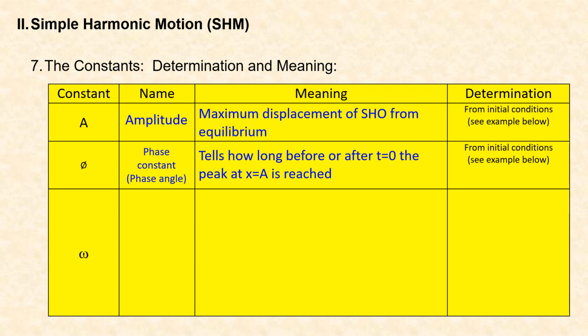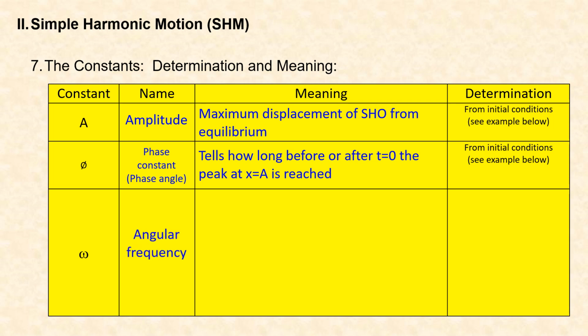But if you have a phase constant other than 0, it tells you that sometime later the oscillator will be at its extreme point, at a position of maximum or minimum amplitude. Once again, this phase constant, if it's not given to you in the problem, can be determined from the set of initial conditions. And finally, let's take a look at the constant omega, which is what we call the